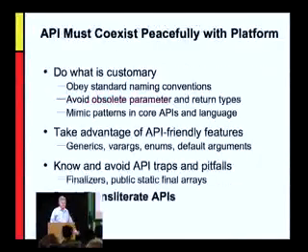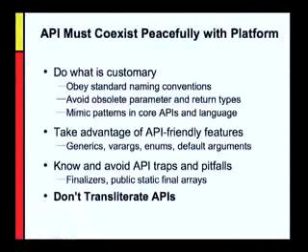The APIs that you write have to coexist peacefully with the platform. So that means that you have to do what's customary for that platform. You have to obey its naming conventions. You have to avoid anything that's just verboten in that platform. Whether you're in Java or in C++, everybody knows there are certain things you just shouldn't do or shouldn't use. So learn what those things are and then avoid them. And there are generally books that tell you the traps and pitfalls for every platform. I could recommend one for Java, but anyway,